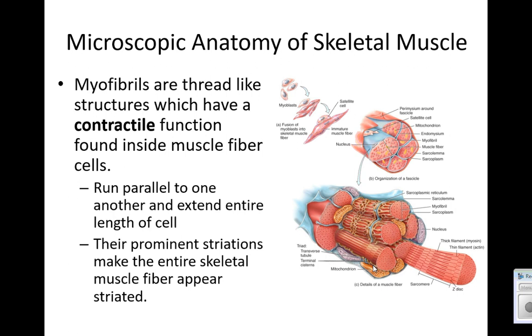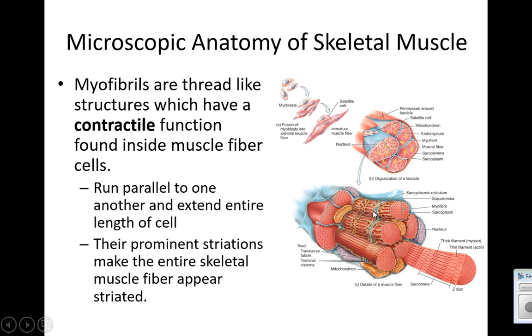If an action potential is spreading on the outside of the muscle fiber, it's really not going to do any good. We need to take it and move it inward. Thankfully, we have these extensions or invaginations called T-tubules, or transverse tubules, that can carry that nerve signal inward. See these little blue tubes? They carry action potentials inward